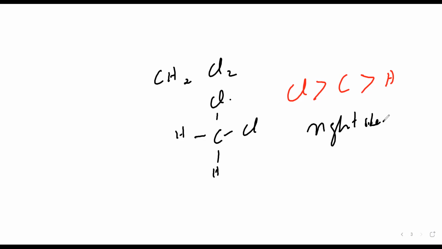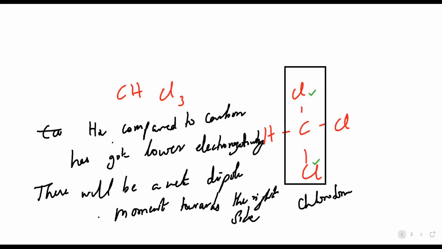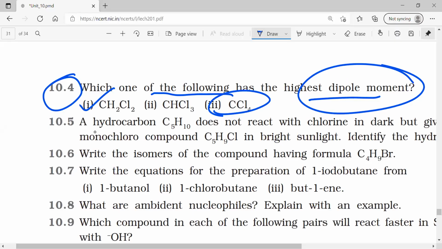So there will be a pull towards the right side. So hence the dipole moment of CH2Cl2 will be higher compared to other compounds here. Correct? Other carbon compounds, it will be higher. Whereas in the solution book or on the internet, they will just give the first option and the dipole moment value. You got the point, but they don't tell you which has got the highest and why.